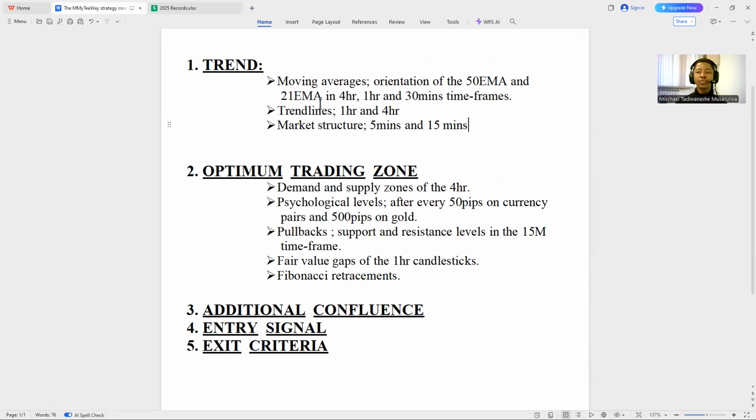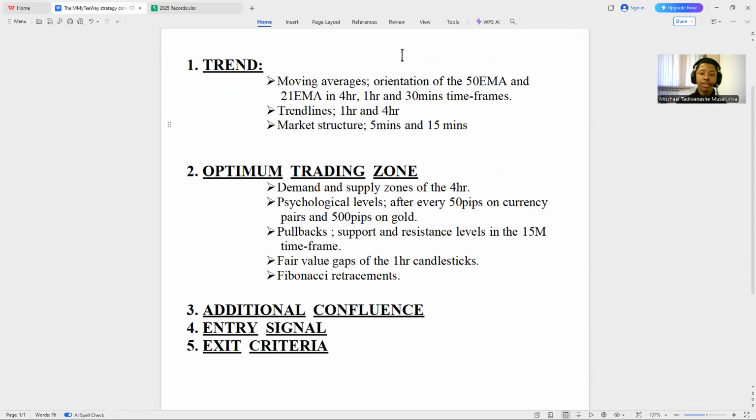So first of all, I look at my daily bias. How do I know my daily bias? Like what direction I will be looking to go in on a certain pair on that day. I use my EMAs. Secondly, I can use trend lines, and then thirdly, I can use market structure. This video is going to be about our optimum trading zone or area of interest. Alright, so first of all, we are going to talk about the demand and supply. The strategy might seem like we are looking at a lot of things, but